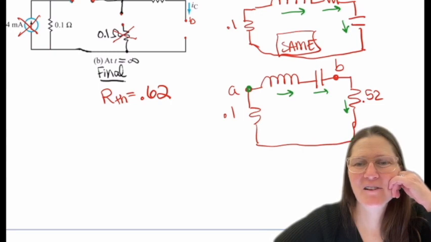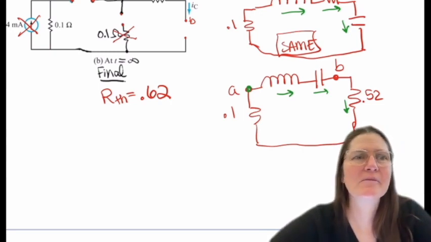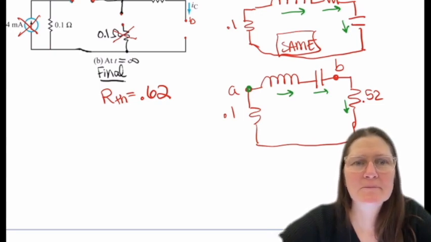Then we're saying that because of the way that we're calculating the resistance, we can move them along and move